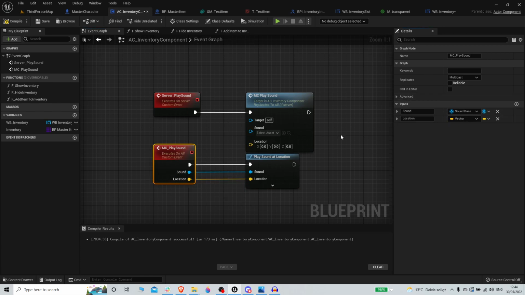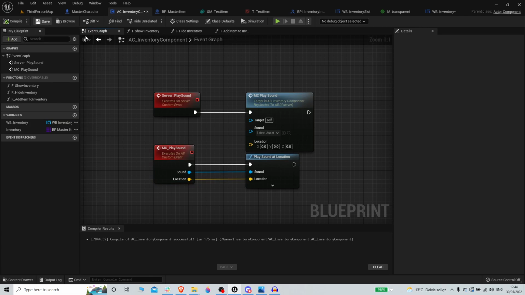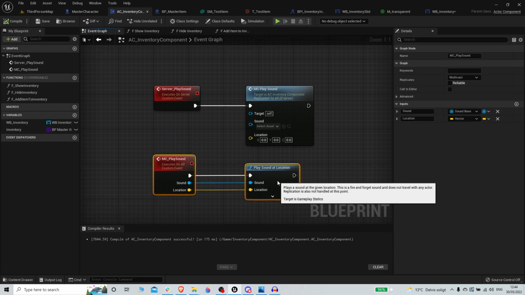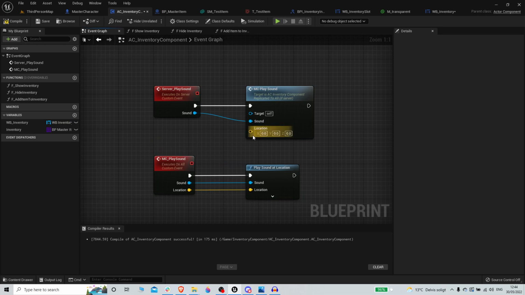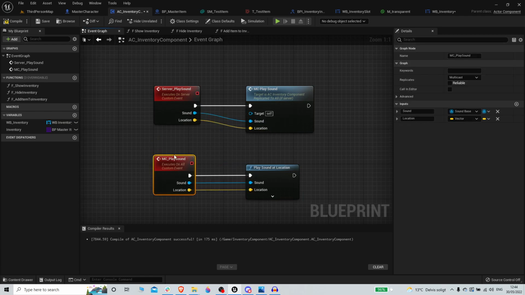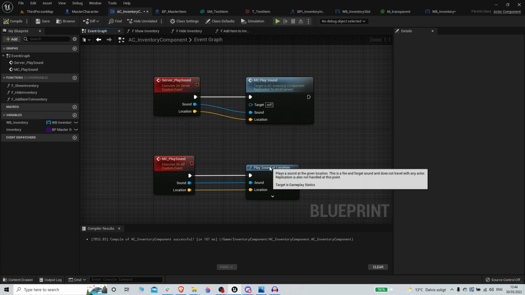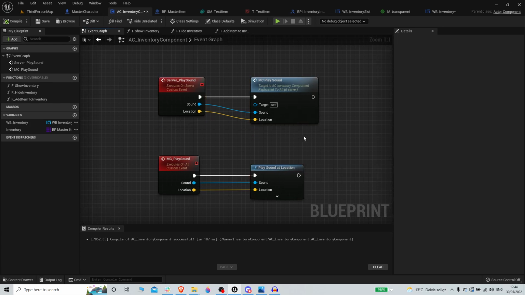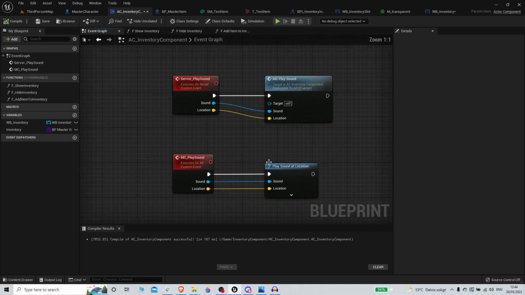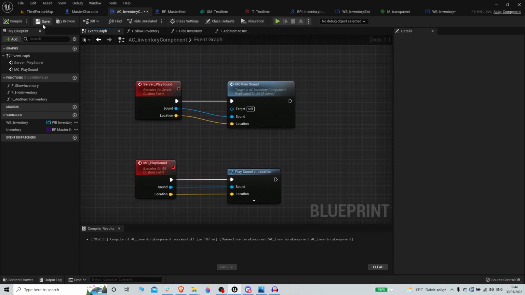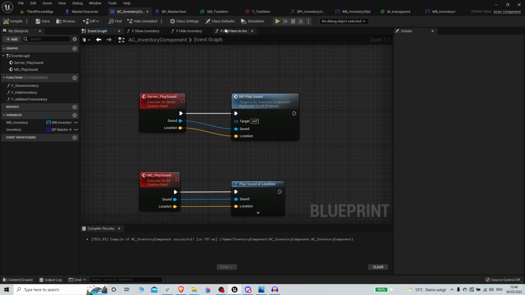So what happens here is the client interacts with something, tells the server where that is. The server then tells all the other clients where it is, if they are close enough. So the multicast is good for one-off events. We're probably going to do a bunch of rep notifiers later as well. It's hard. I'm not going to go too much into explaining it. It is a fairly advanced tutorial, but basically,